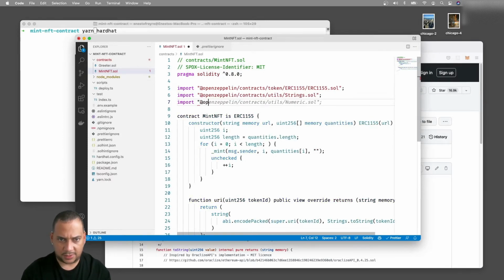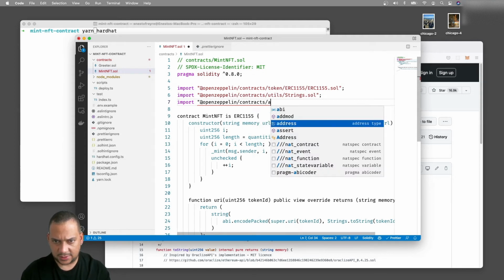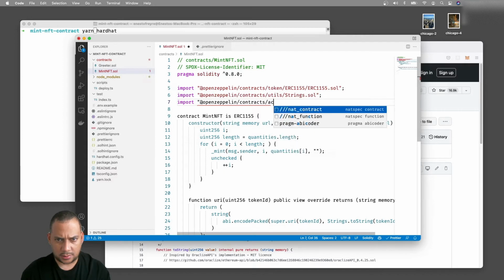So OpenZeppelin, contracts, I think it's in access, and it will be in ownable.